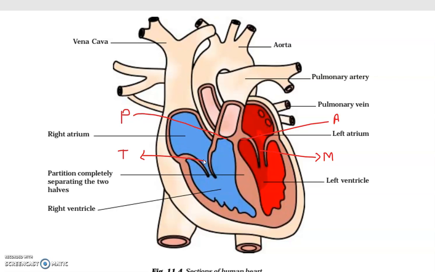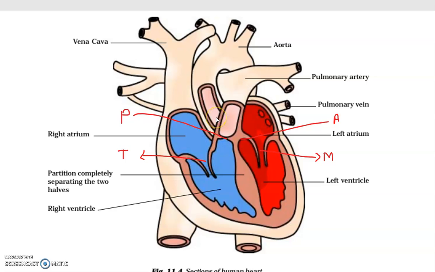So we are talking about the sound that the heart makes, and these sounds are actually our heartbeat. These two auricles contract and force the blood down, and immediately after that, these two ventricles contract and force the blood upwards. From the right ventricle, the blood is going into the pulmonary artery, and from the left ventricle, the blood is